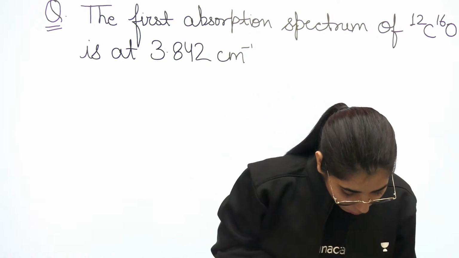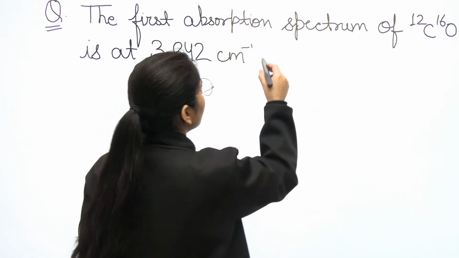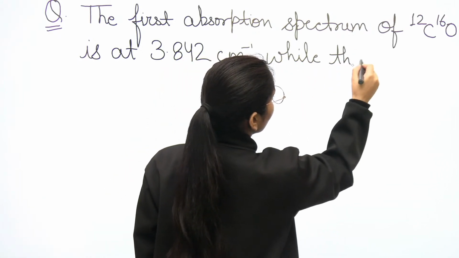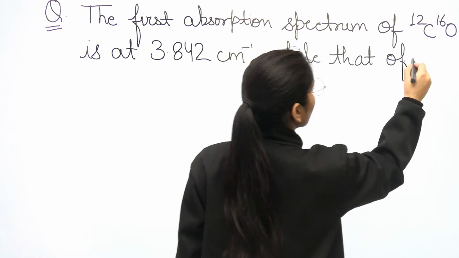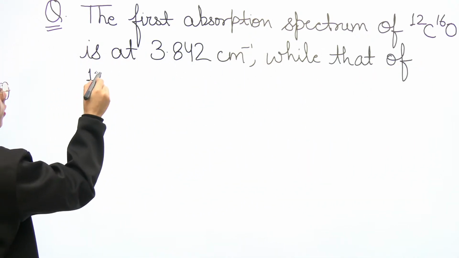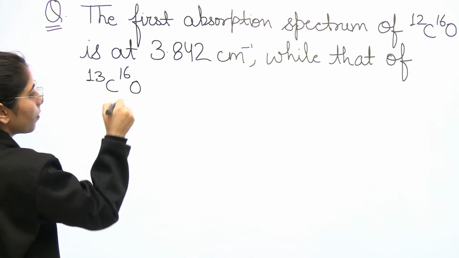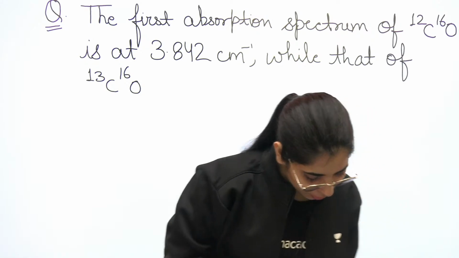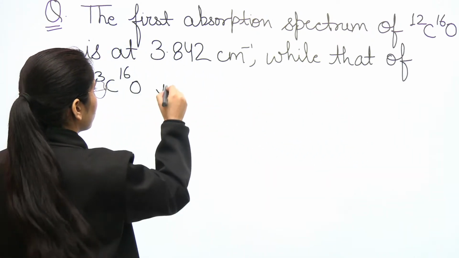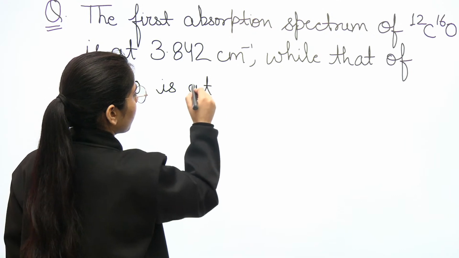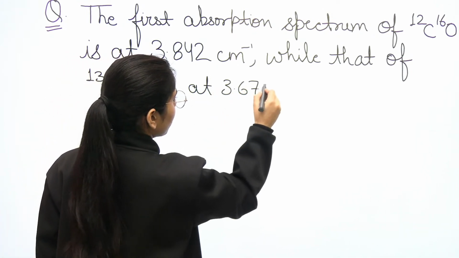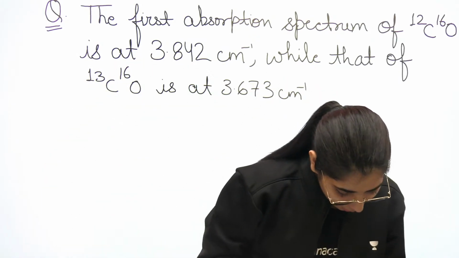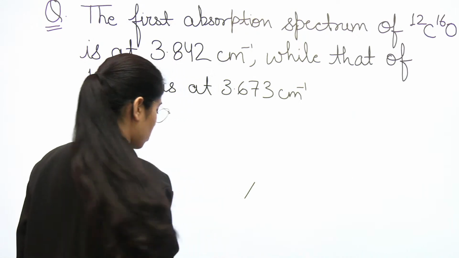Clear? While that of 13C16O is at 3.673 centimeter inverse. Next point, the ratio of their moment of inertia is